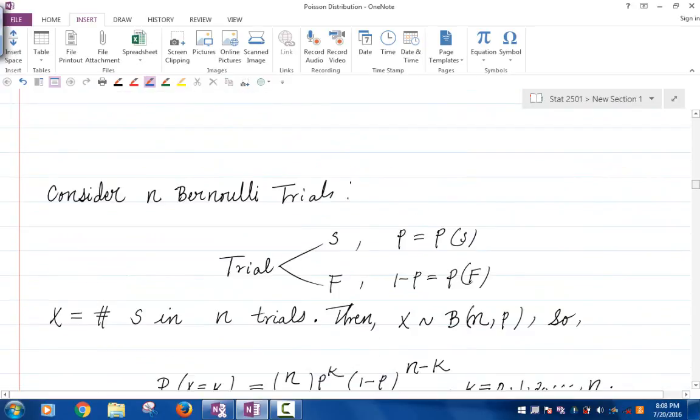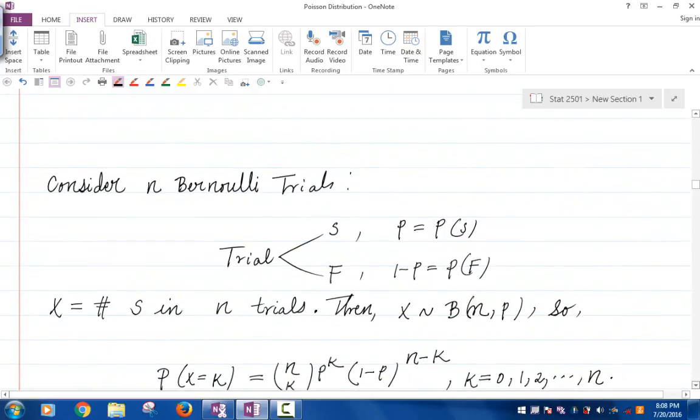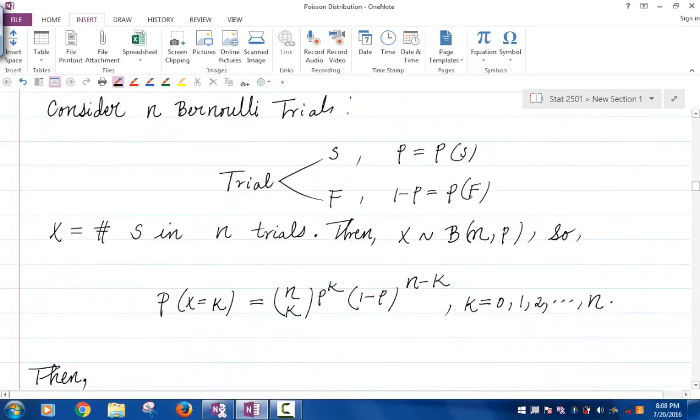In order to describe the application, let's consider n Bernoulli trials. So these are independent trials. Each trial results in either a success or a failure. The probability of success is p, and the probability of failure is 1 minus p. Define x to be the number of successes in n trials. Then we know that x is a binomial random variable. It has binomial distribution with parameters n and p,